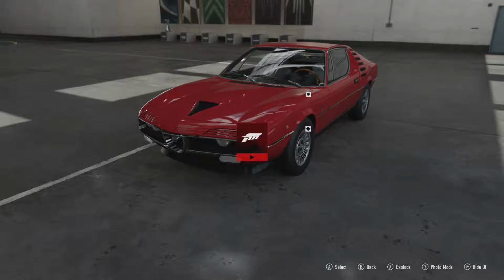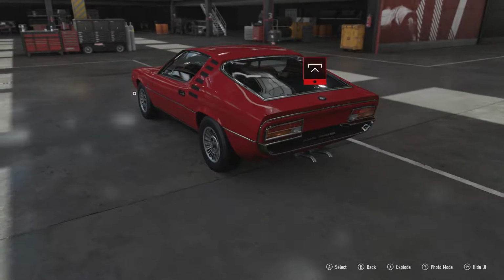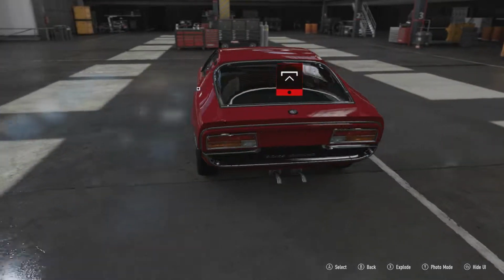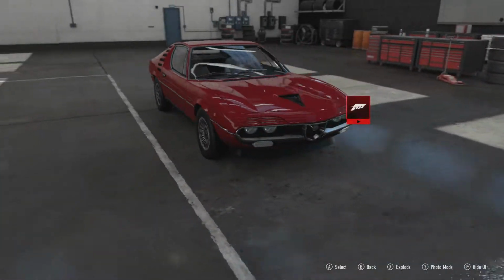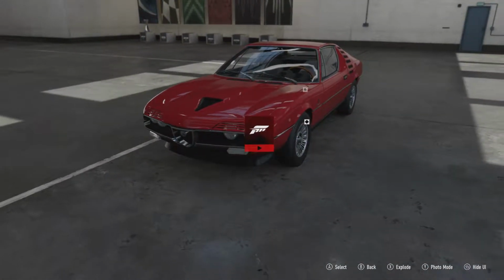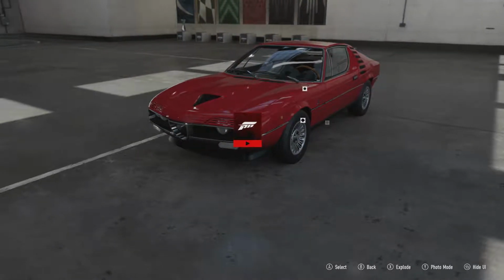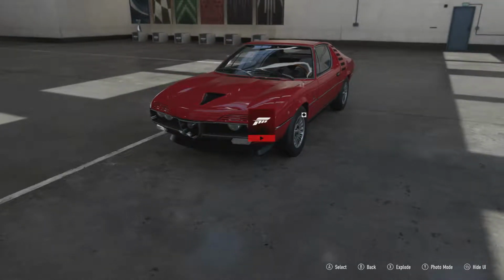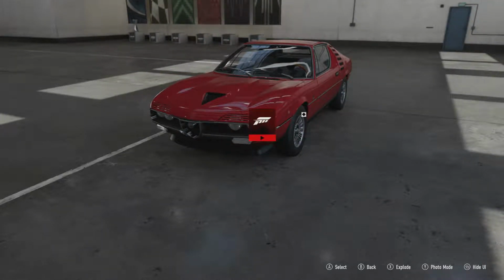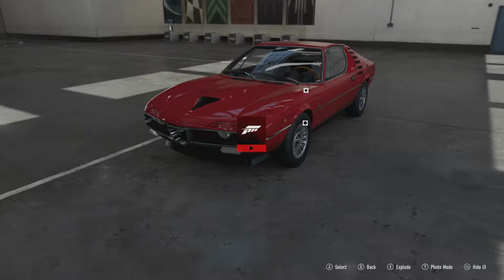It was only a few years after the likes of the Miura and the E-Type, which were far more radical in their design and far more different to sports cars of that era. But that's probably why this car struggled to sell as much as it did. Even though it lasted until 1977, they weren't actually producing it up until that year. In the final few years, they were just trying to shift their final stock, and they struggled to do that. So it wasn't as much of a sales success as Alfa Romeo would have liked,